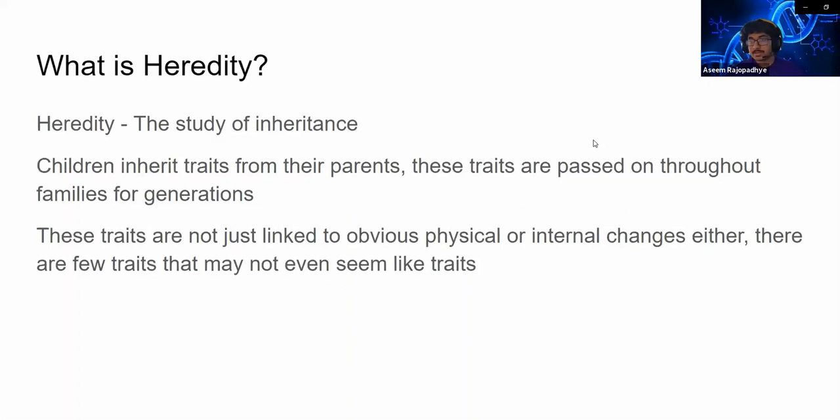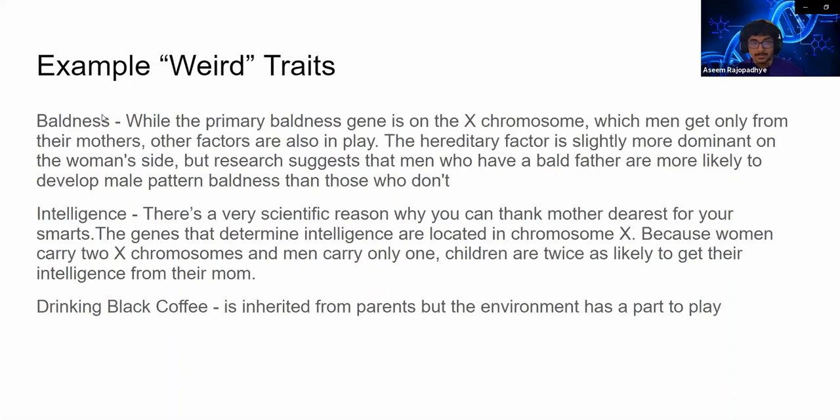What is heredity exactly? The cookie cutter definition of heredity is the study of inheritance. Children inherit traits from their parents, and these traits are passed on throughout the family generations. These traits aren't just linked to physical or internal changes. There are a few traits that may not even seem like traits. Here are some examples of them. Baldness is one of them. While the gene for baldness is found on the X chromosome, that men only get